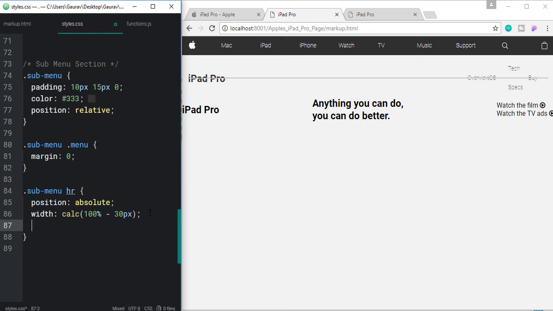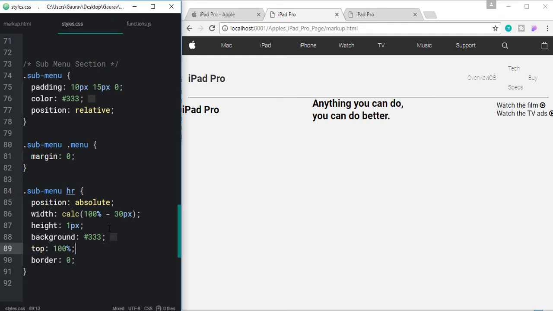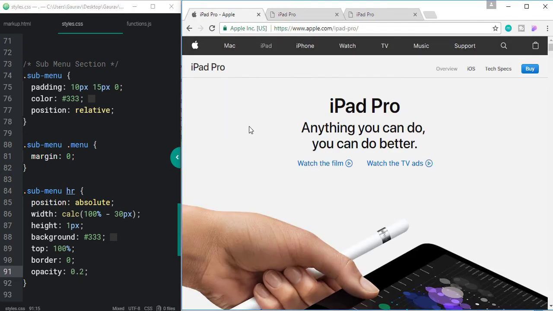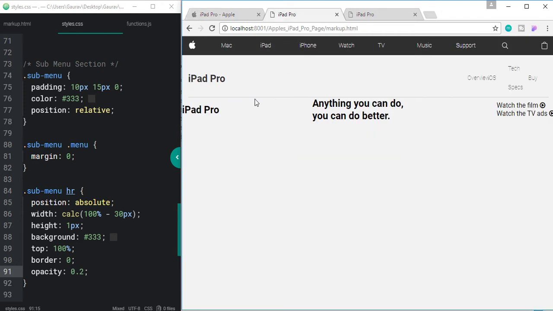And let's align it to 100% from the top, and let's remove the border, and let's set the height to 1 pixel, and let's give it a background of 333, and finally let's set the opacity to 0.2, because that HR is very light colored here, so I have given the opacity of 0.2.